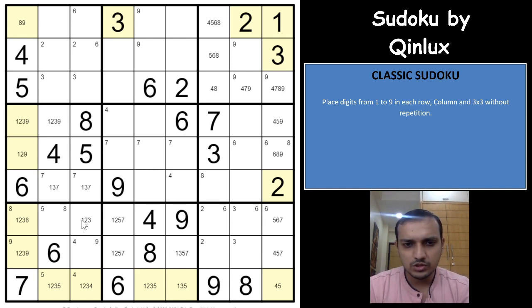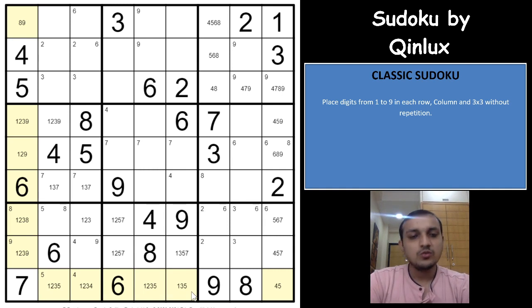One of the 1 2 3 is already here. This is one of the important cells, I think, because this column and this row needs to have 1 2 3, right? It cannot be in any of these two cells. For this column you need to have 1 2 3 in these 4 cells. For this row you need to have 1 2 3 in these 4 cells, right?